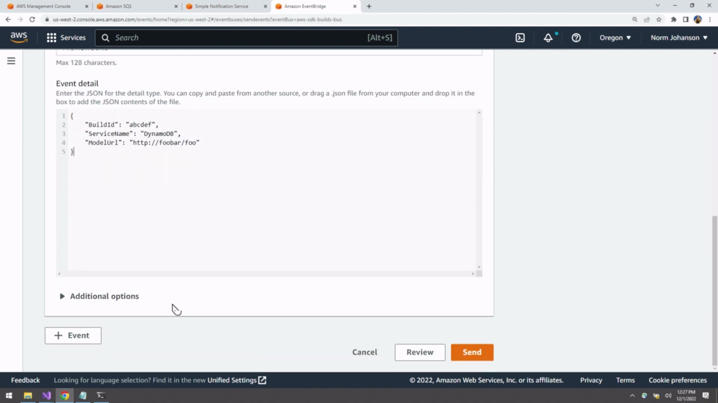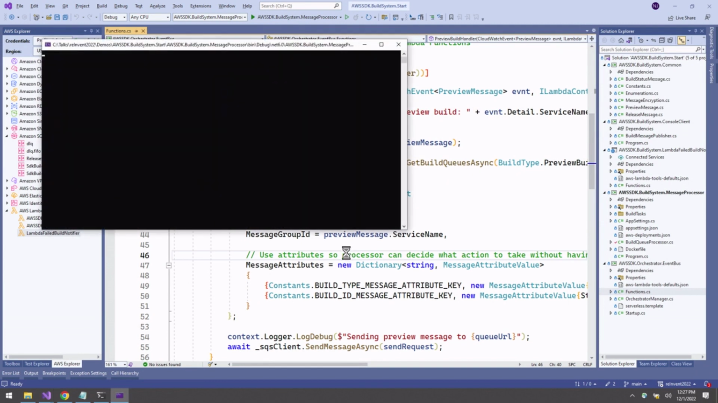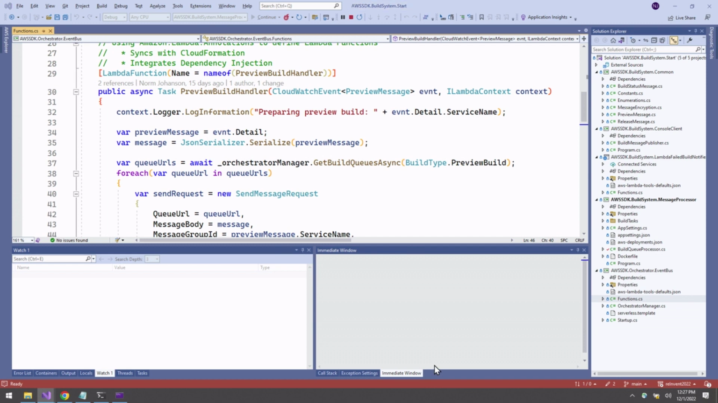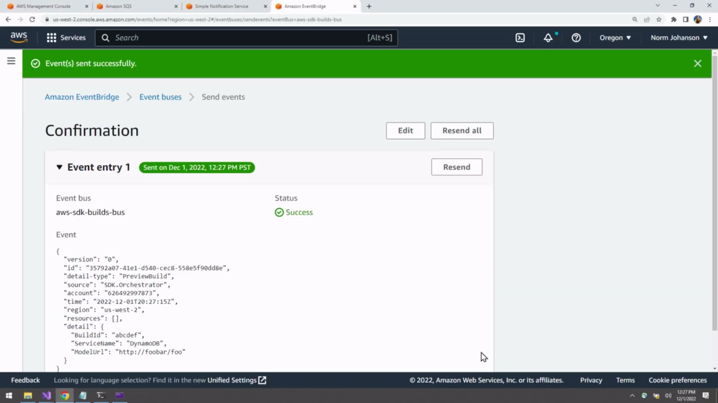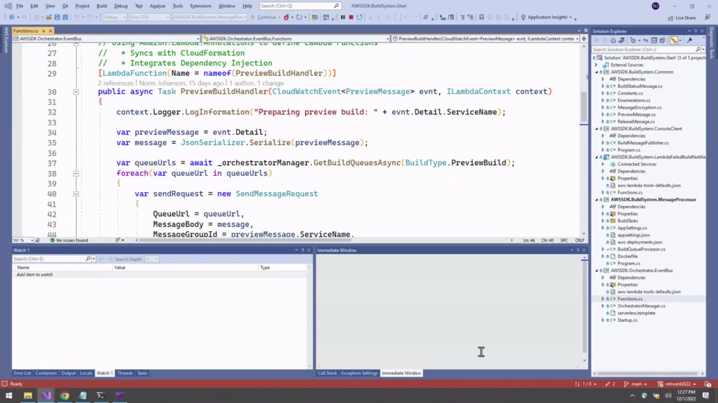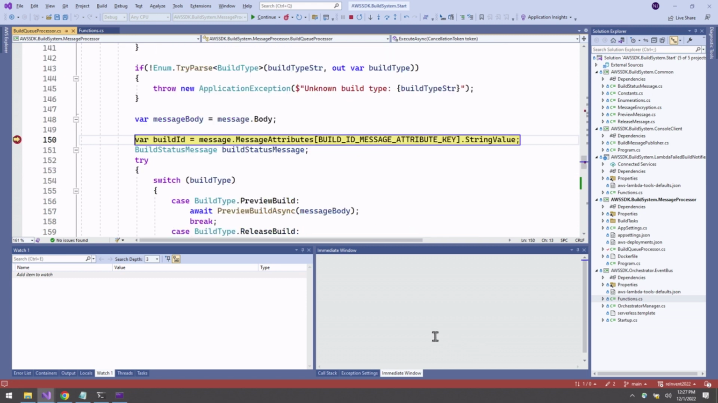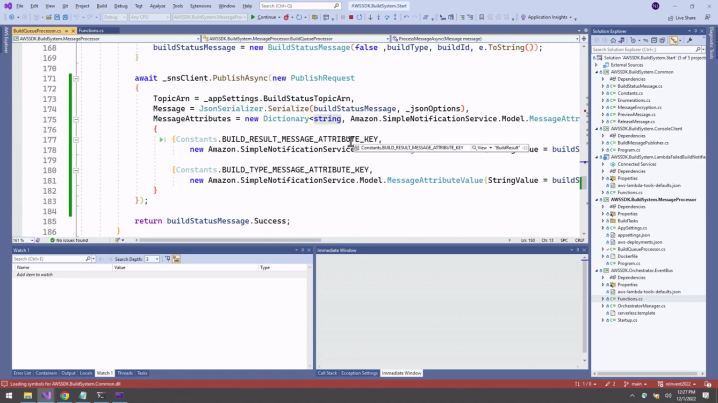Now, before I push send, I'm going to start up the message processor. So that's going to go kick off and wait for messages. Now, as I push send, we're connecting all of our pieces that we talked about together, right? So this EventBridge is now kicking off our Lambda functions, which has added things to our queue. Now our message processor is processing our message. Once it does all of its work, it's going to send the results back into SNS,